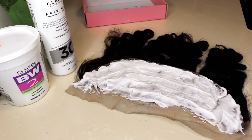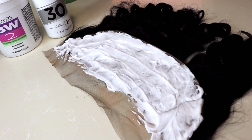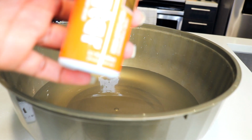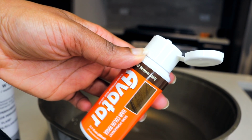First thing you're gonna do is bleach the knots on the closure. On the inside of the closure, you use a bleach mixture with 30 volume developer, and you let that sit until it lifts. And then the second prep step you want to do is tint the closure, and you're going